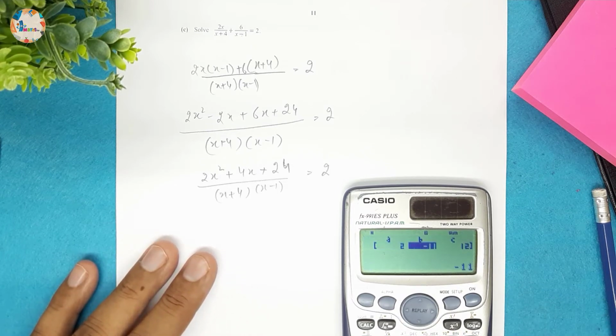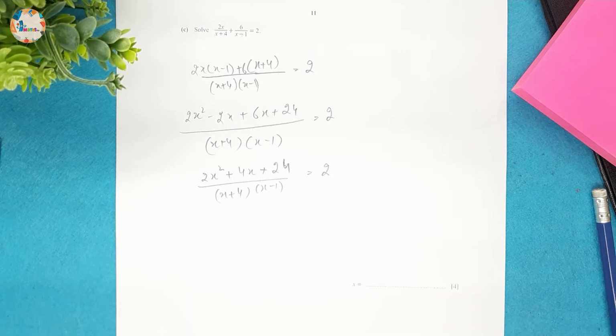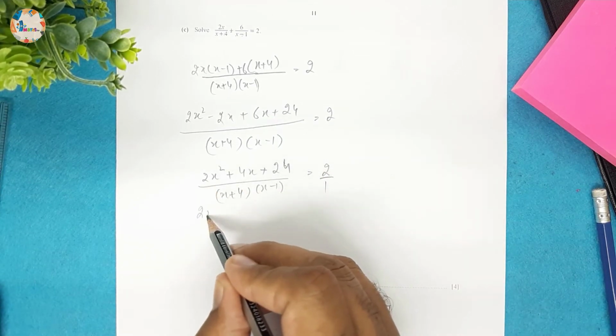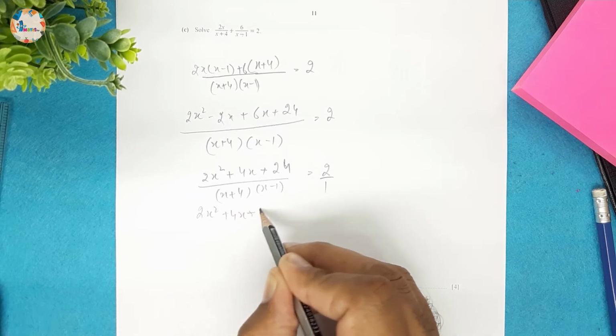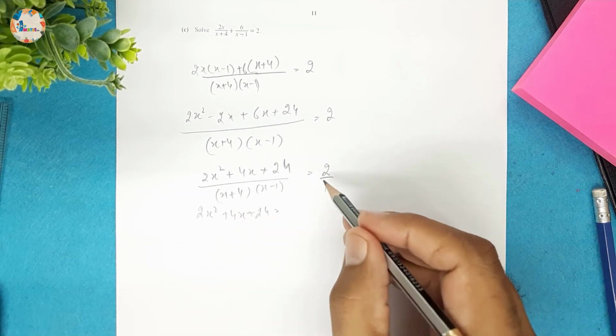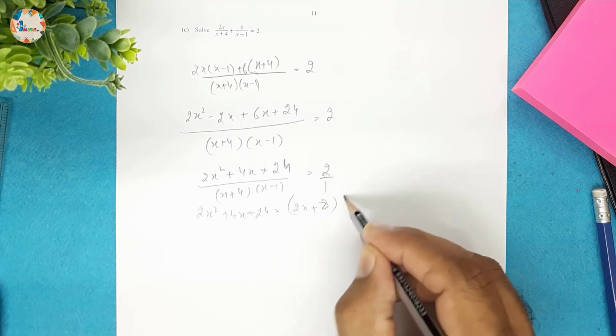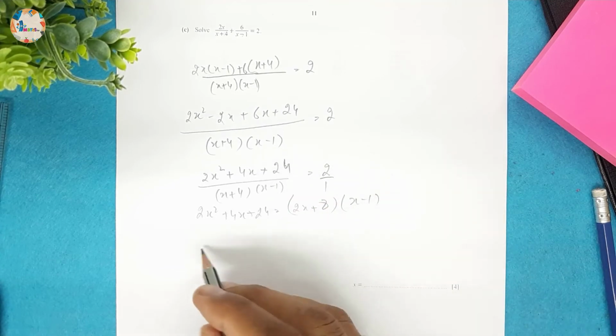Coefficient of x square is 2, coefficient of x is 4, and 24 is the constant value, so it will be out of format. So what we can do, basically we can cross multiply, and this will be 2x squared plus 4x plus 24 is equal to this into this will be 2x plus 8 into x minus 1, and